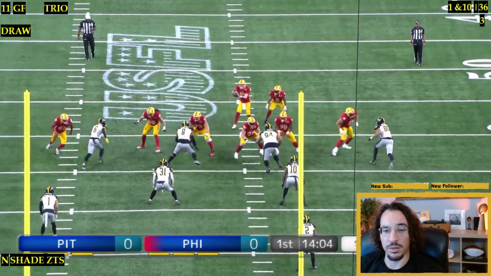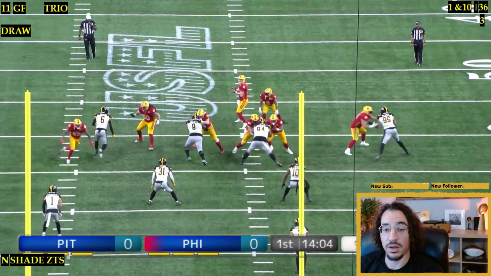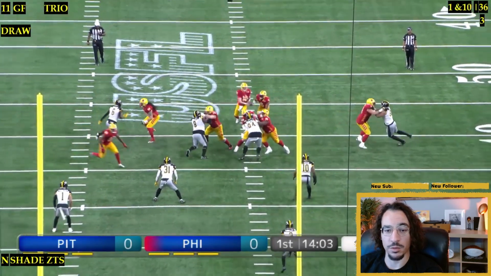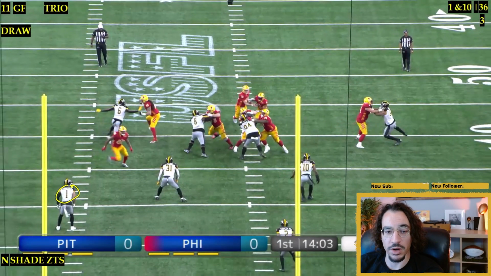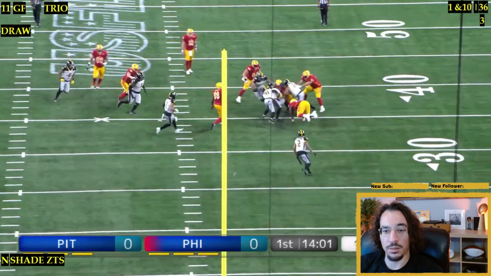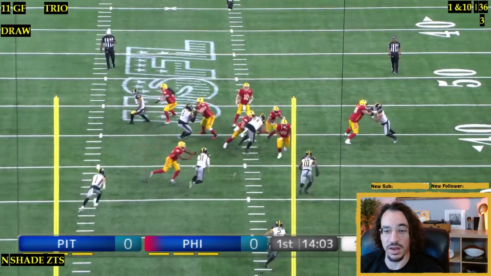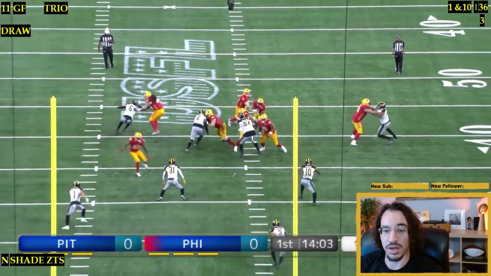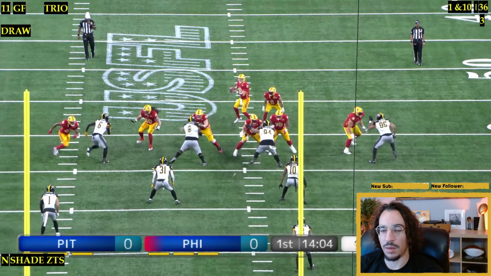All right, Olive gets double teamed here. Ruben and Tez clearly are reading pass first, because right now that is a pass. If you're reading your keys, you're reading your guards, everyone's pass setting. It's a draw, but it's going to look like pass. And then this is a great reaction from both 31 and 10, our two inside backers, and even Bryce right here too. This is a really good reaction from Bryce, getting in on the run. But Ruben does an excellent job right here of slipping underneath that guard trying to block him and making the play. If you're teaching linebackers and you have, obviously, Ruben